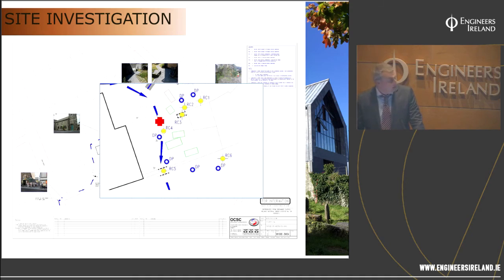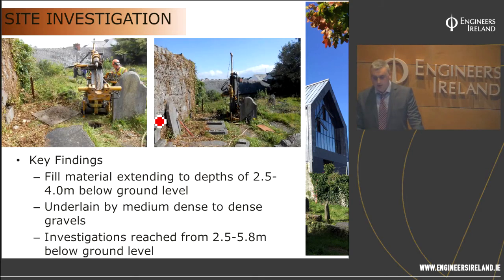The most extensive testing was around the area of the chancel to try and get as much detail, as much information as we could about the existing ground conditions in this area, knowing what the proposals were for here. So you can see here just some images of the rotary core rig. So the key findings of the investigations were